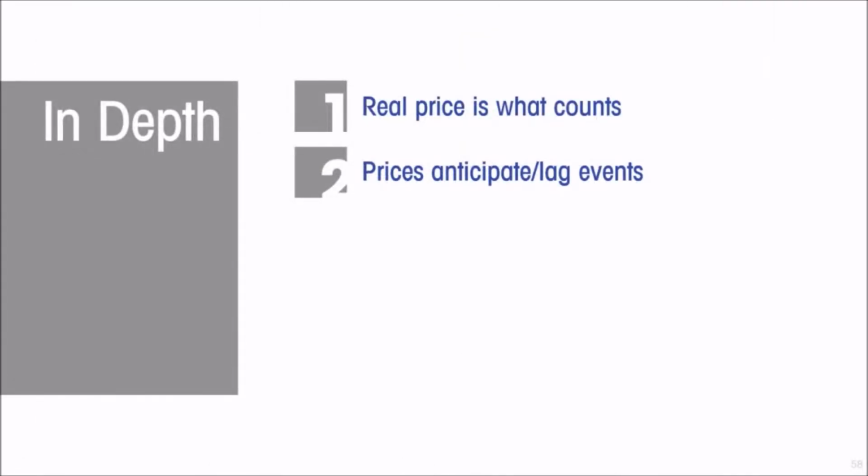Prices can also lag the event because some markets move slowly. You know, financial markets move very quickly, like the foreign exchange market. But in some markets, for various structural reasons, price doesn't adjust instantly or even quickly. You're actually going to have shortages emerging and persisting for a while before price gets a chance to adjust.